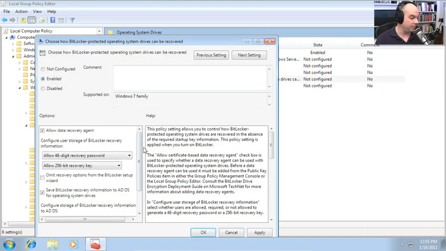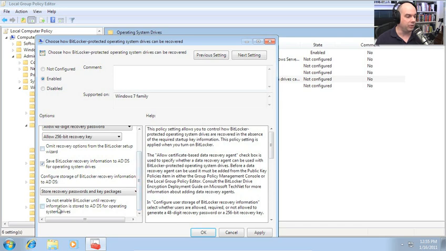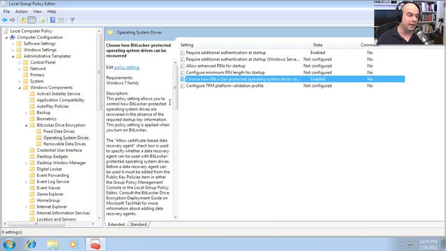We can enable this option and determine how we're going to have this user storage of BitLocker information and how we'll use and save and load information using these BitLocker certificates. This is very, very important to allow a data recovery agent. If we're not allowing that data recovery agent, then we'll have no way to get back in and recover that data if we happen to lose those original pieces of authentication. So you want to make sure you configure those and turn them on for the different types of drives you'll